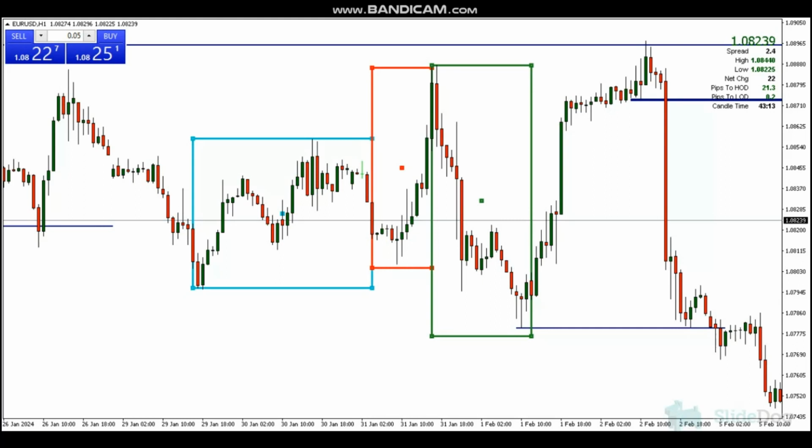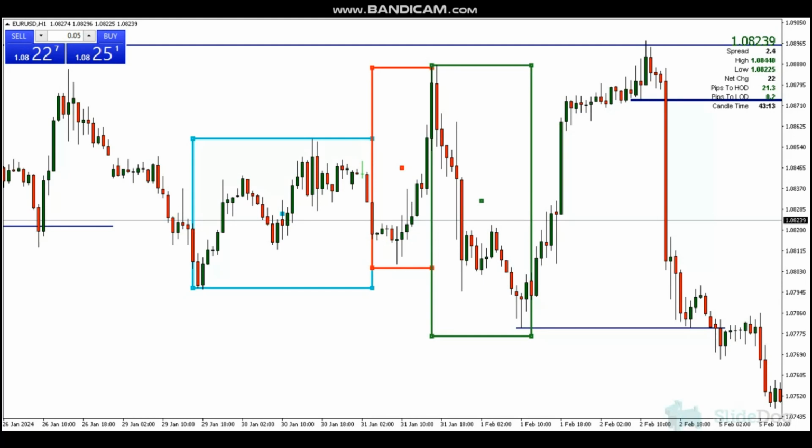Now if you can see, the times are mixed and matched. As you can see here, that accumulation starts at 8:30 in the evening, and it ends the next day at 2 o'clock in the night. So the manipulation and distribution are still the same, but they can be switched around depending on what the market is trying to do. But as long as you stick to the concept of accumulation, manipulation, distribution, you will be fine. They do have the tendency of switching the phases.